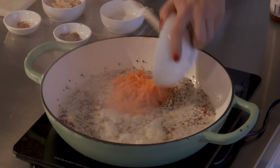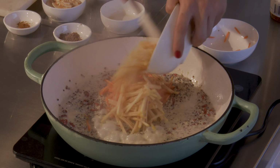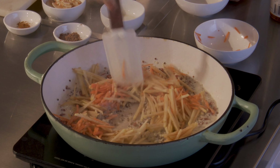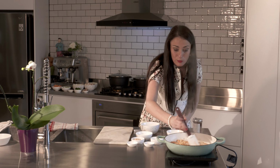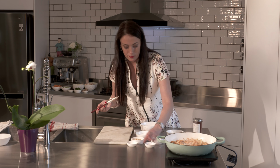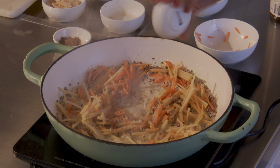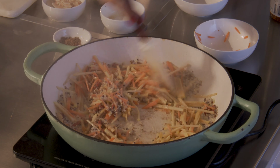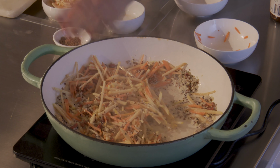So you can add some carrots and some apples. And I also will be mixing it with cinnamon, which is an amazing ingredient that will warm up the dish, gives it a bit of a spiciness as well as sweetness. So I use a lot of cinnamon in baking as a replacement of sugar because it does give your dish a little bit of a sweetness. And you're very welcome to also use